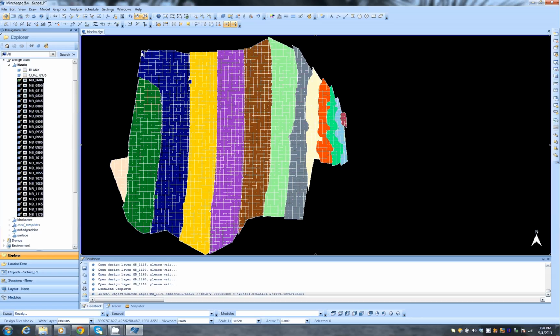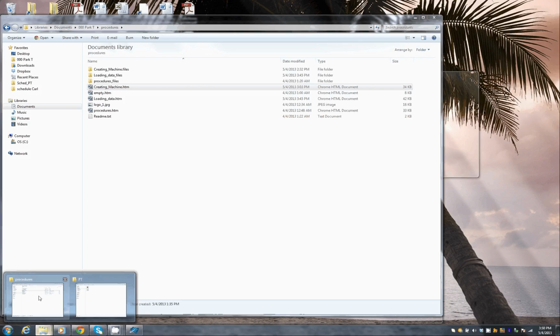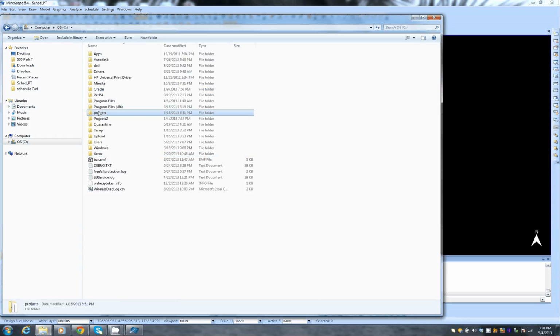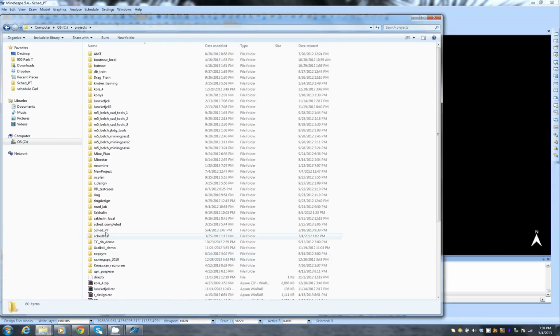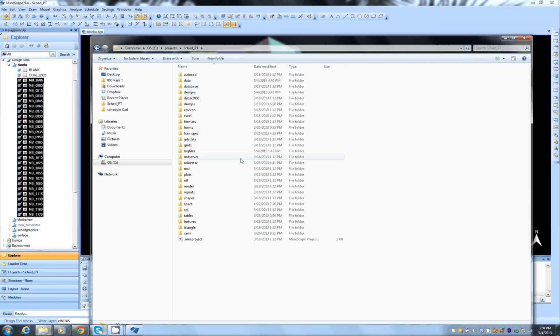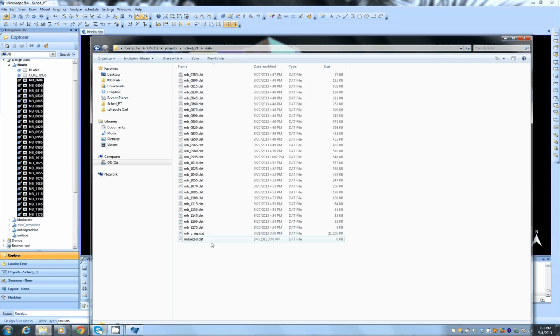As the result, we would have the file called, let me show you. On the C drive I have the projects, and here is the project that I'm using for schedule, and inside it, in the data folder, I should have a file, quite a big one, which is the converted reserves calculation